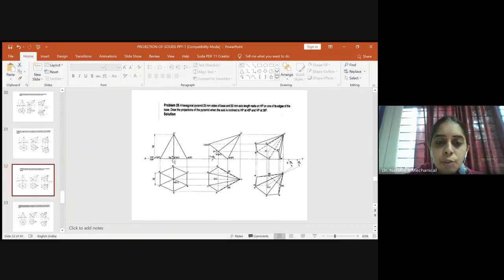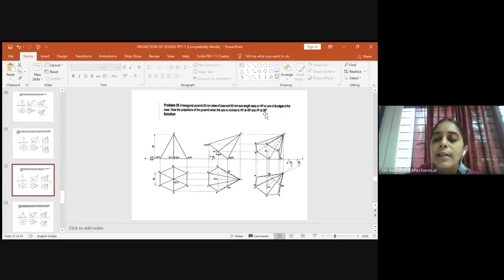So you know that the true length of the axis will be available in our first stage front view. But since in the second stage the axis is inclined at some angle, the length of the axis that we get will be less than the true length. Hence this distance is called our apparent length. Since we don't get the true length in the second stage, whenever it is an axis inclination, we have to determine the apparent angle.